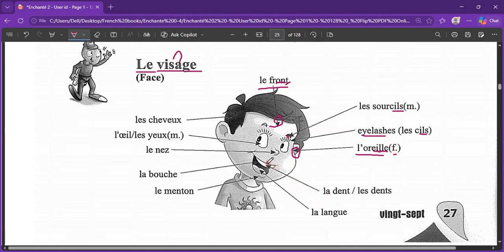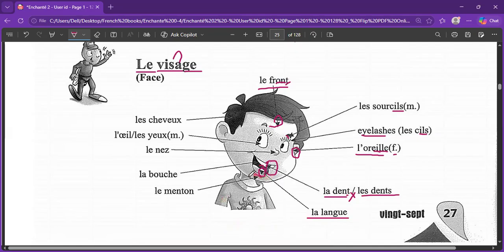When it comes to the teeth, the single tooth is la dent, but we generally talk about them in the plural version, so they are les dents. La dent, les dents, right. Because we don't read the T. And en gives you the on sound. Your tongue is la langue. La langue. Very close to language, la langue. And in French, we call the language also la langue.